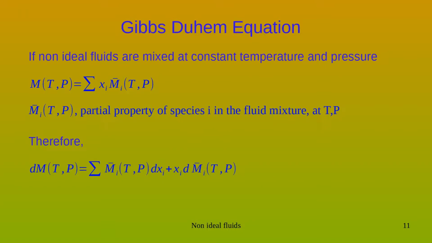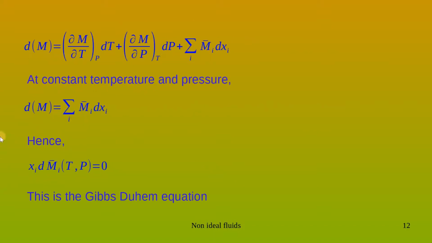Now let's turn our attention to the Gibbs Duhem equation. Well, we all know for a non-ideal fluid, M, that is the property M, is nothing but the summation of the mole fractions and the partial molar properties. So we can write dM is equal to this. Now expanding it, we can write it this way. Now dM is equal to ∂M/∂T plus ∂T